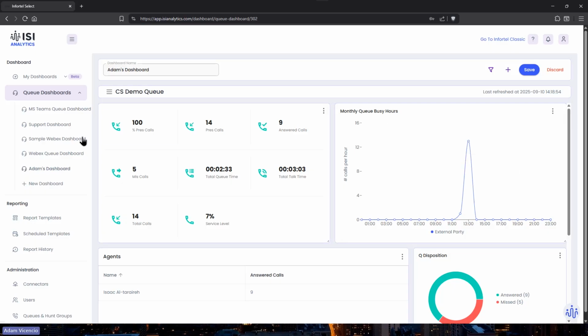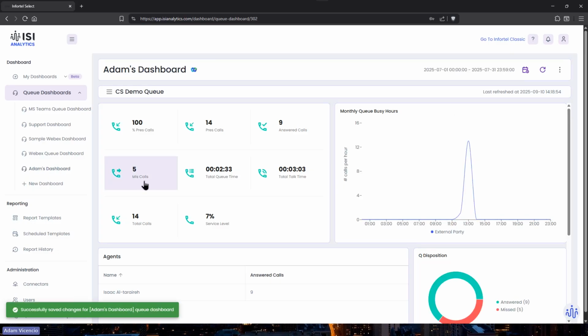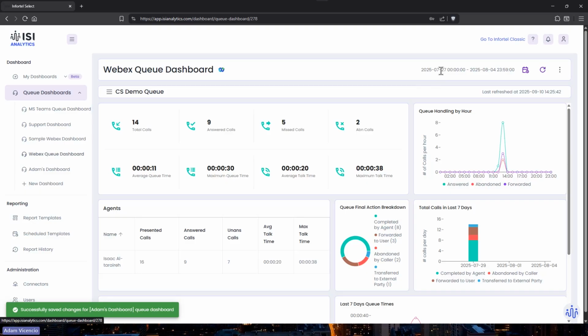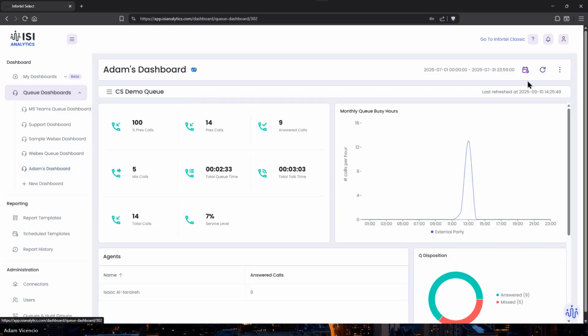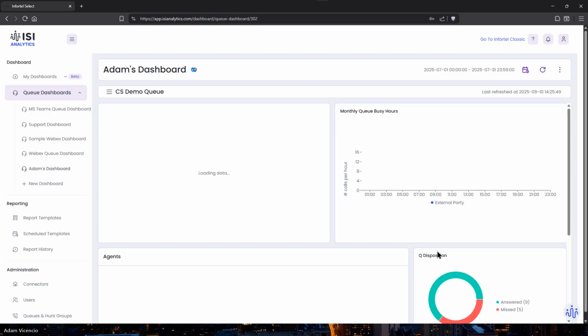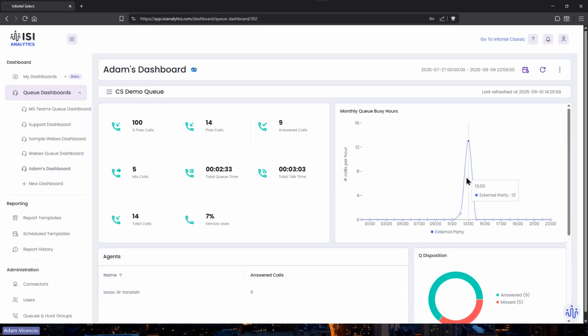Now, I don't know that. Hold on, let me take a look at his other. Let me save this before I forget it. Save. Let's make sure I have the right data. So he had it set to 7:27 through 8:04. So let me change this. 7:27 through 8:04. Save. There we go. Oh, that's still 13 calls all at the 1 o'clock hour. So you can see, oh, maybe I need to staff the 1 o'clock hour.